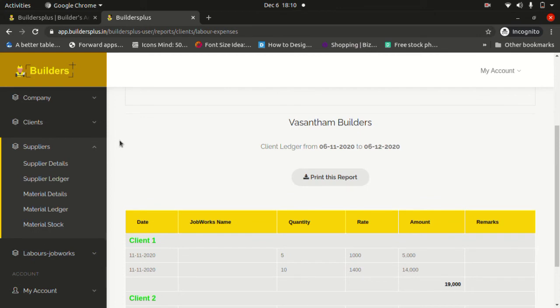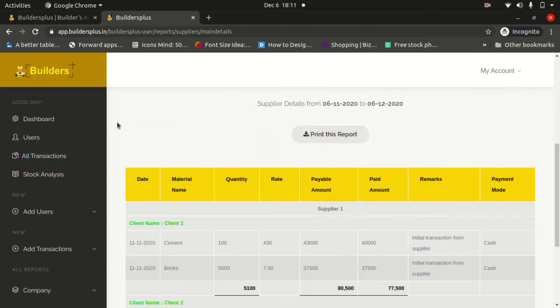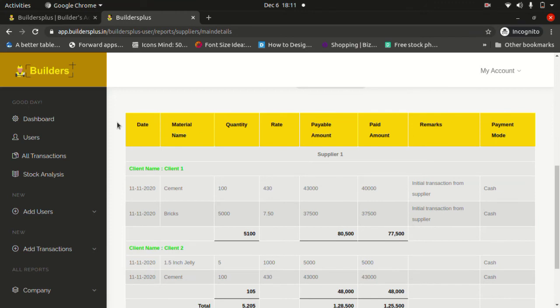So continuing from the client report, followed by that we have the supplier report. Here you can see 5 reports. Let me click on the first report under suppliers, which is supplier details. This report will give you the track of all the suppliers, all the materials.